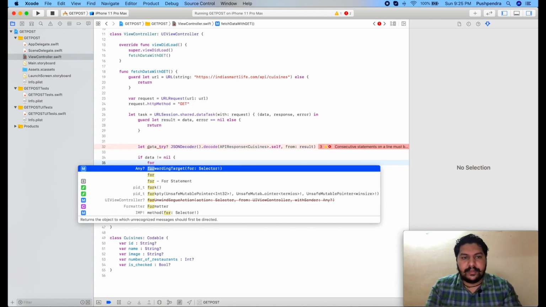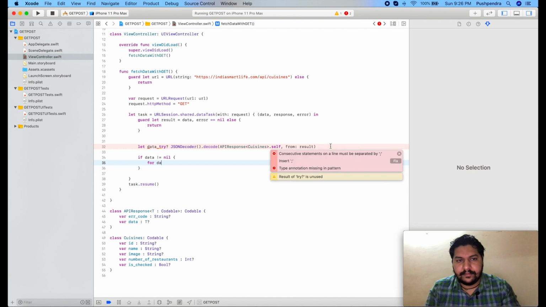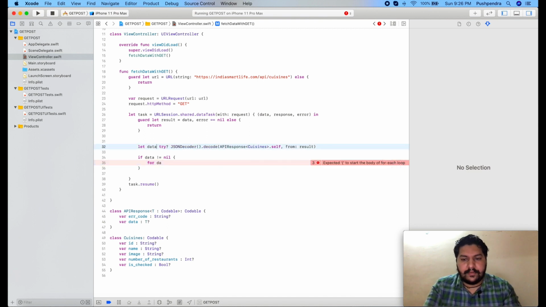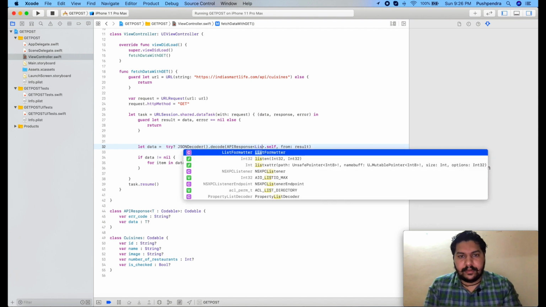So I use a for loop, for item in data.dataList, and this will be the type of list because it is an array list.